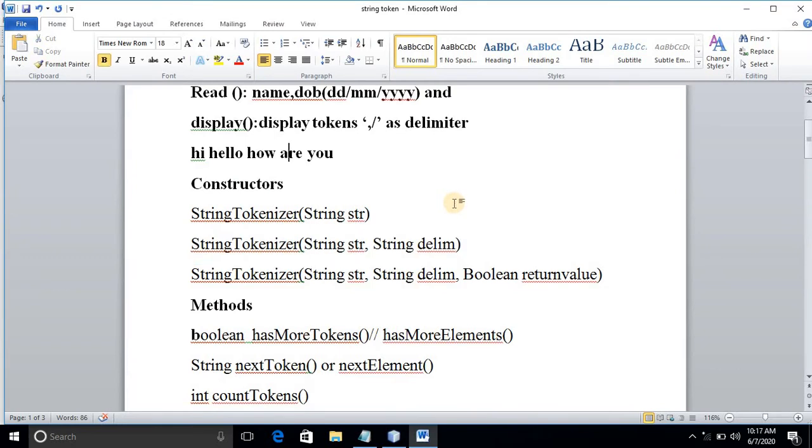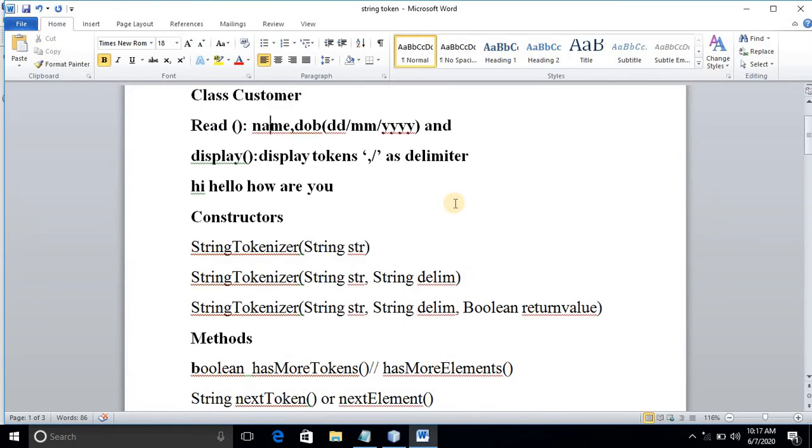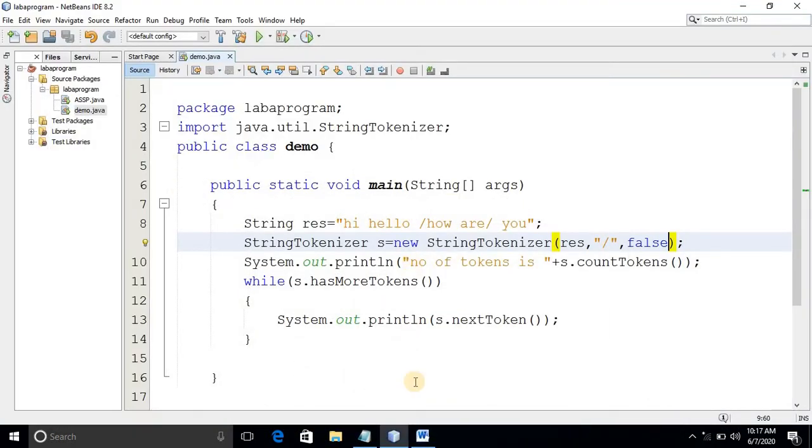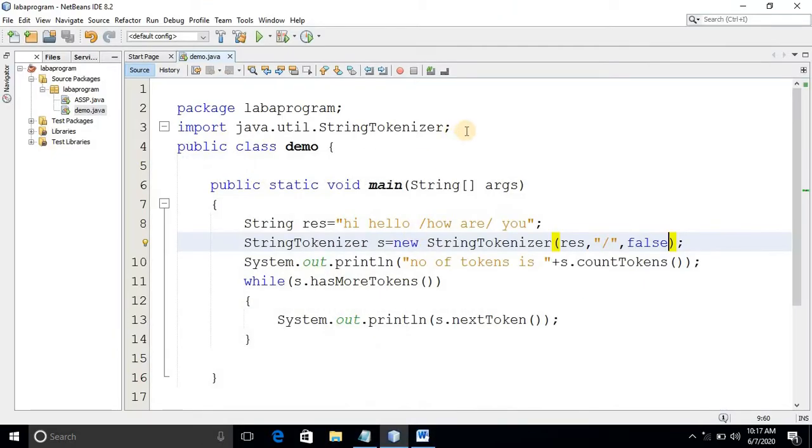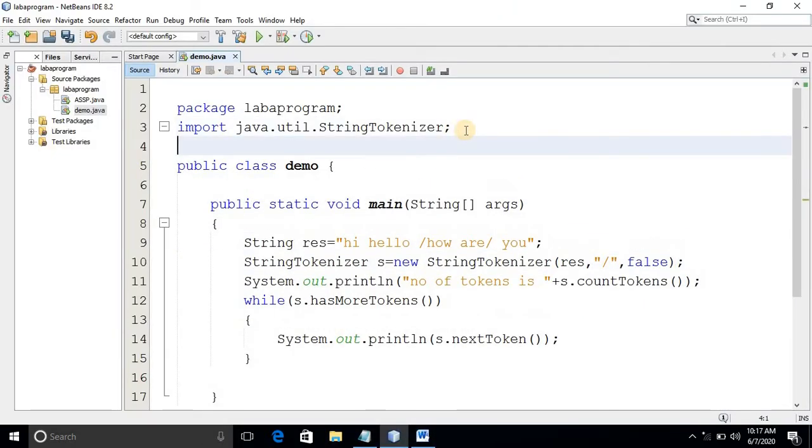What we have to do here is read the name and date of birth, and display the tokens based on the delimiter. Okay. So now in the same program, we have to create the class called customer, isn't it? So in the same program, I'll write class customer.